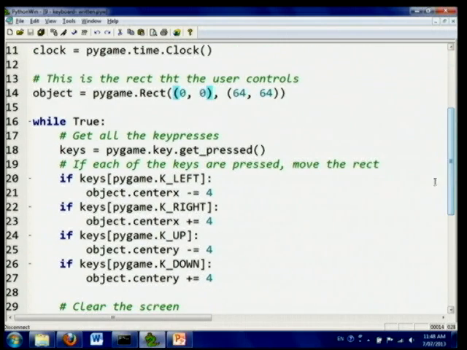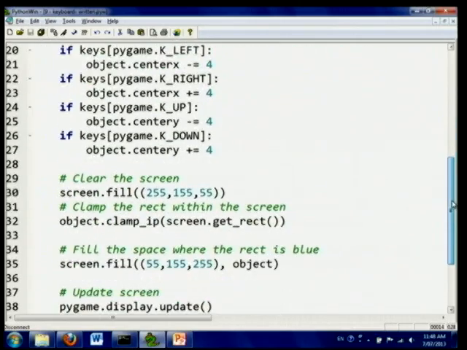So while True, I get all the key presses, and then if the key is the left key, then move it left by 4 pixels, right by 4 pixels. If it's been pressed up, then I'll move it up and down. Then